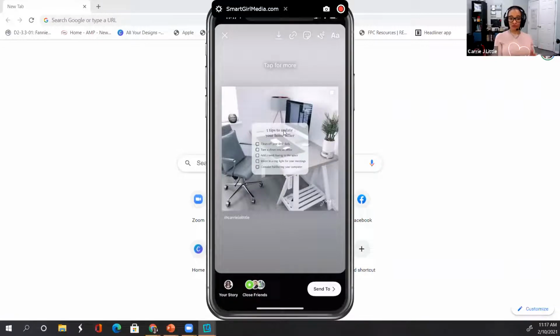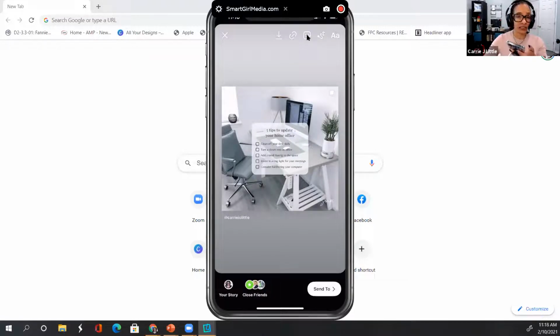Now I'm repurposing content that can be seen for 24 hours. This is where you want to tag the cities that you're working in. So if you were sharing a listing, you would tag the city. Right now I comply with license law because one click away should take you to my bio, but just to be sure, there's a few things you can do. Number one, at the top of the screen, I can download this. I can add a chain link. You can only add the chain link if you have 10,000 followers or an IGTV video.